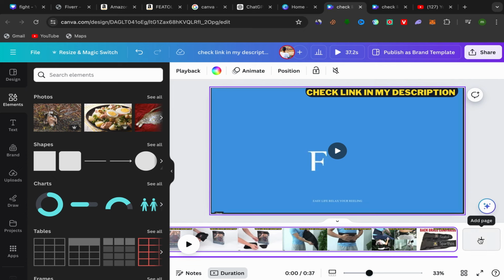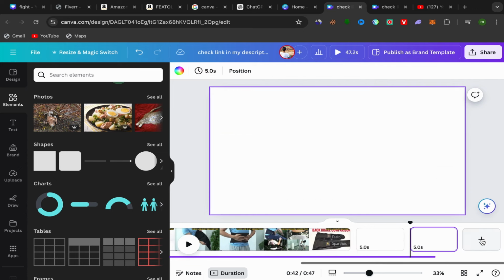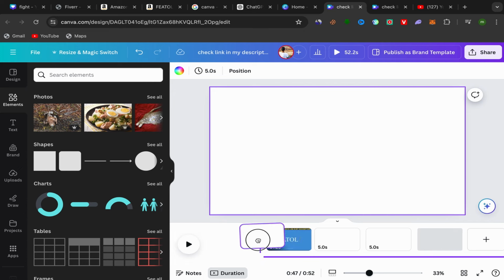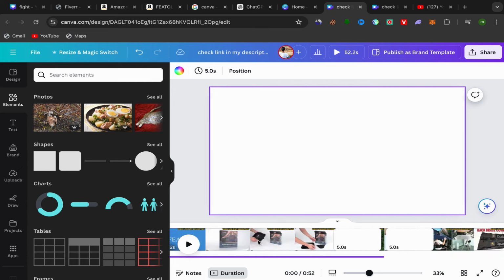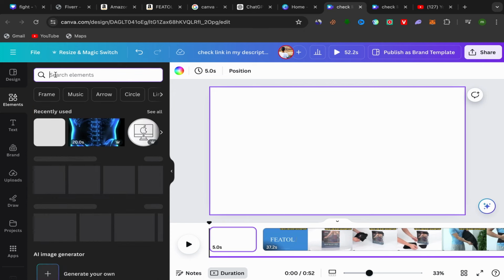I will click over here on add page. Okay, add page, and they will click on this page, the last page, and they will put this page here in the first, like this, and they will click on elements, and they will click on the search, and they will search for